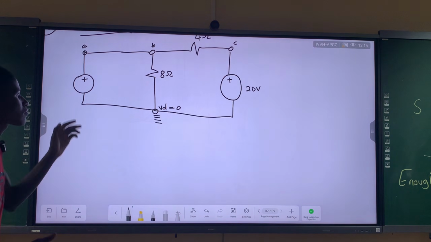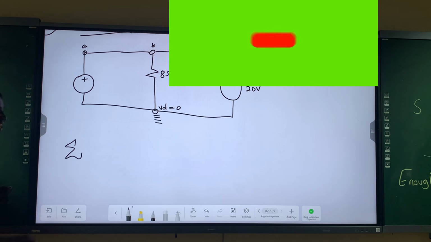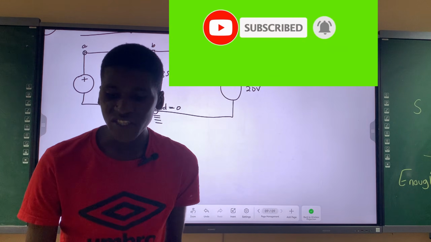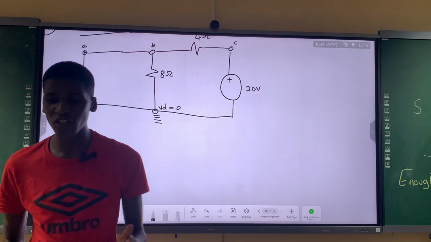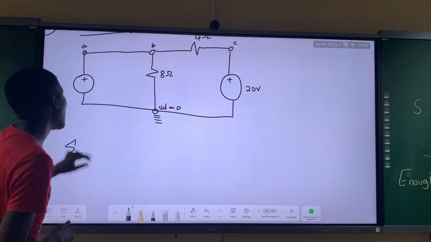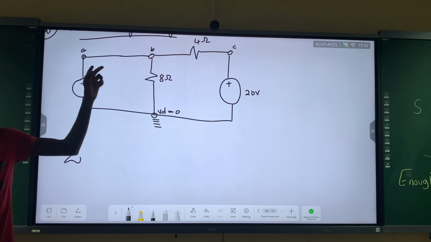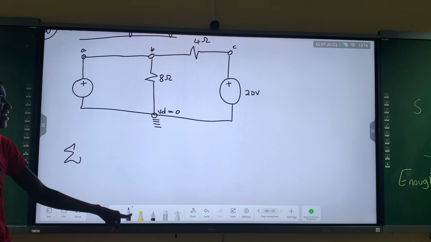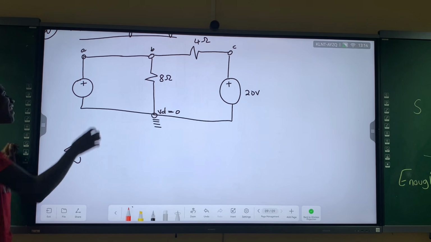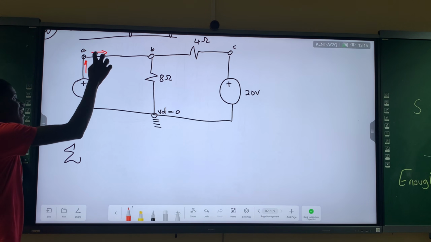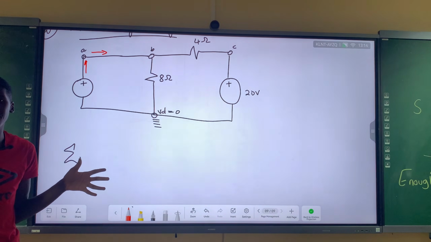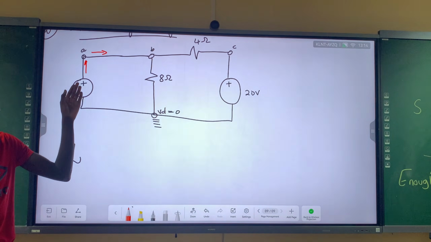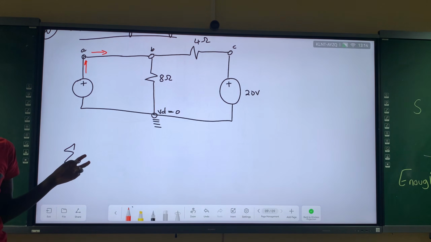So if we do the sum of the currents across any loops here, we can take all the loops that we have. We have loop A, loop B, loop C and loop D. Okay, loop A, is there going to be any change in current in loop A? Do we have a component there? No. So loop A is of no significance because the same current that enters the loop is the same current that leaves the loop. It's just a series connection there. So loop A is not affected by any changes, so we won't do any expression in Kirchhoff's law.